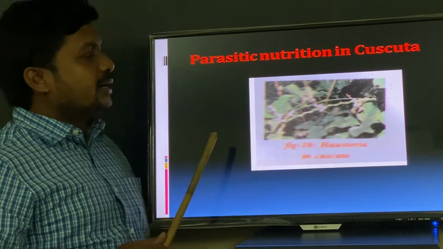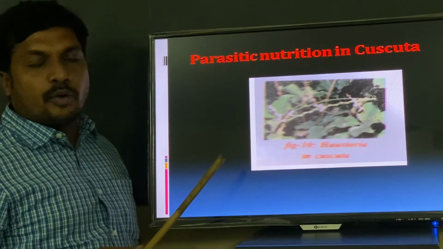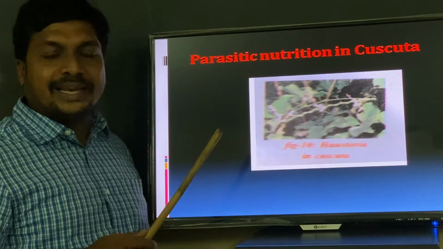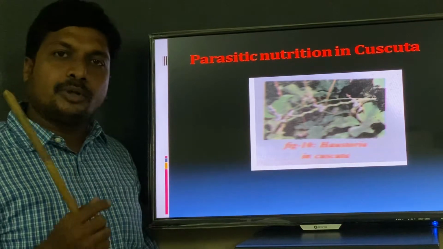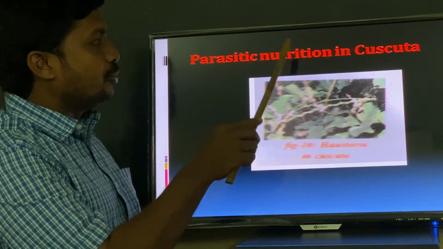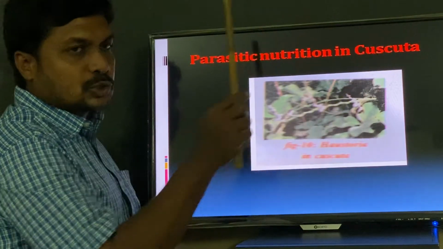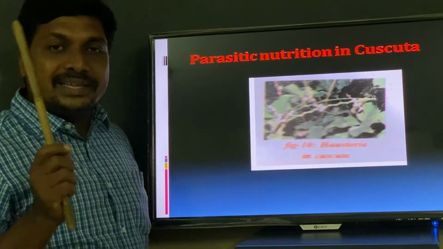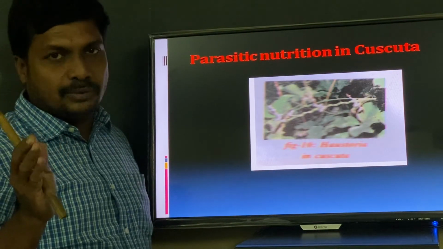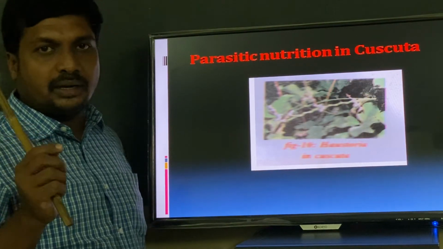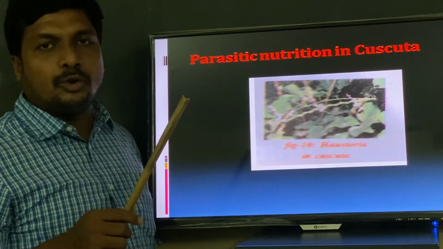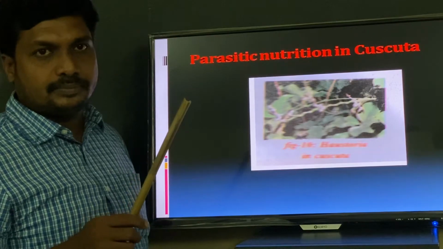In the previous class, we learned about one type of heterotrophic nutrition, that is holozoic nutrition. Holozoic nutrition is seen in amoeba, paramecium, human beings. Next heterotrophic nutrition, parasitic nutrition. Example, Cuscuta. Cuscuta is a leafless, means does not have leaves, twining plant